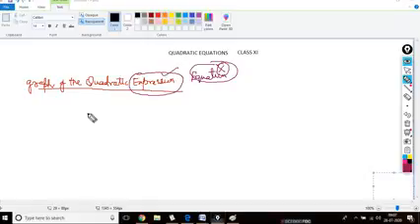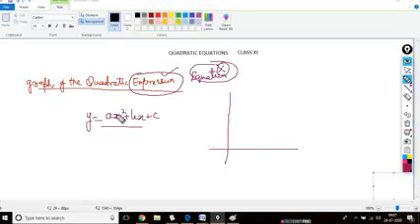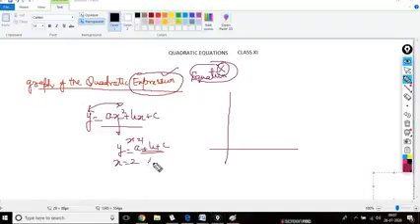Let us say I have y equal to ax square plus bx plus c. Alright? Now this expression, this statement or this relationship between x and y, assumes different values for different possible values of x. For example, suppose I put x equal to 1, then what is your y? y is a plus b plus c. If I put x equal to 2, I get 4a plus 2b plus c.